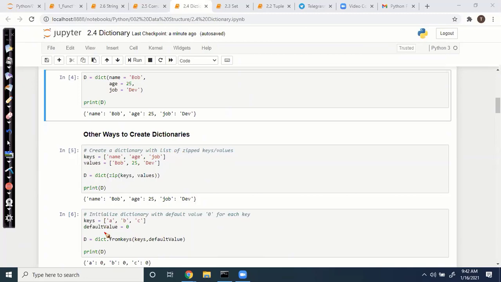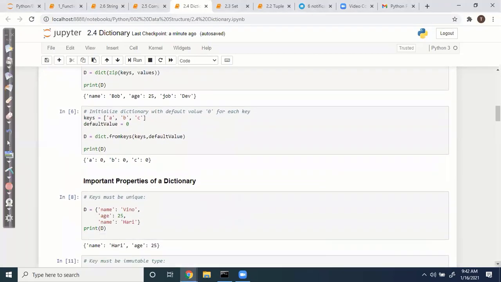If you have only keys, you can assign default values to all the keys. You can create it in this way. So there are different ways to create one.